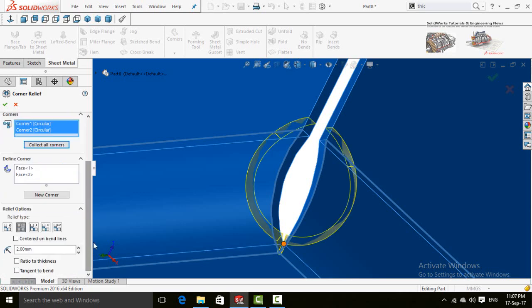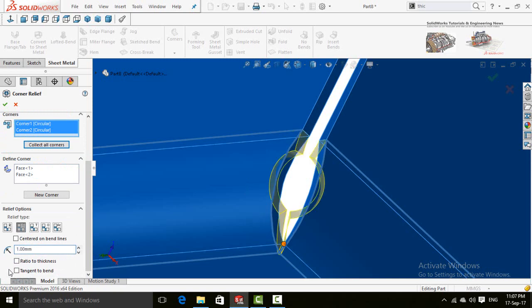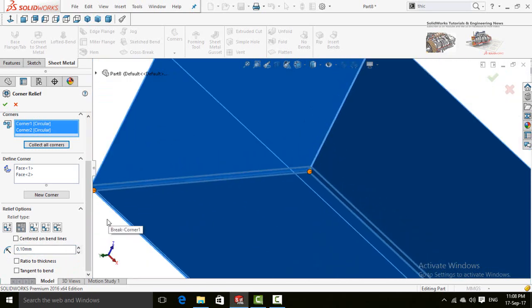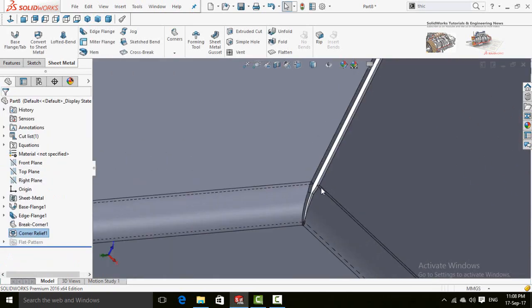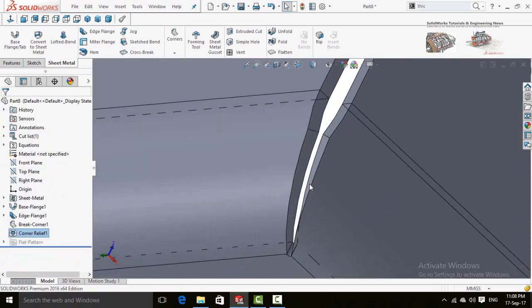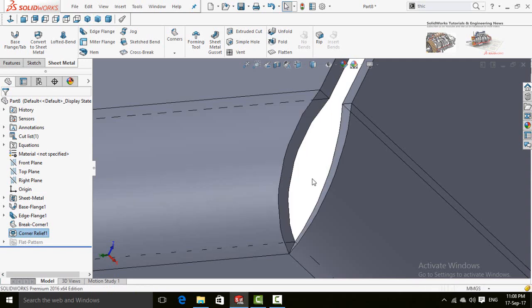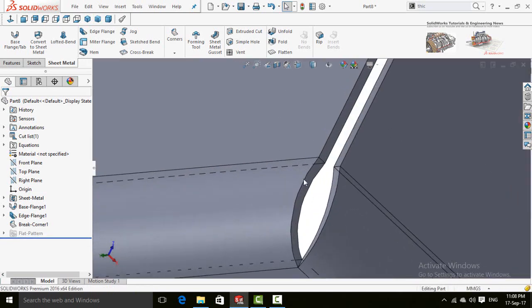Scroll down and dimension. Select your own and then 0.1. Now press OK button to apply this command. Now you can see, if I press Ctrl plus Z or undo, now you can see the difference.